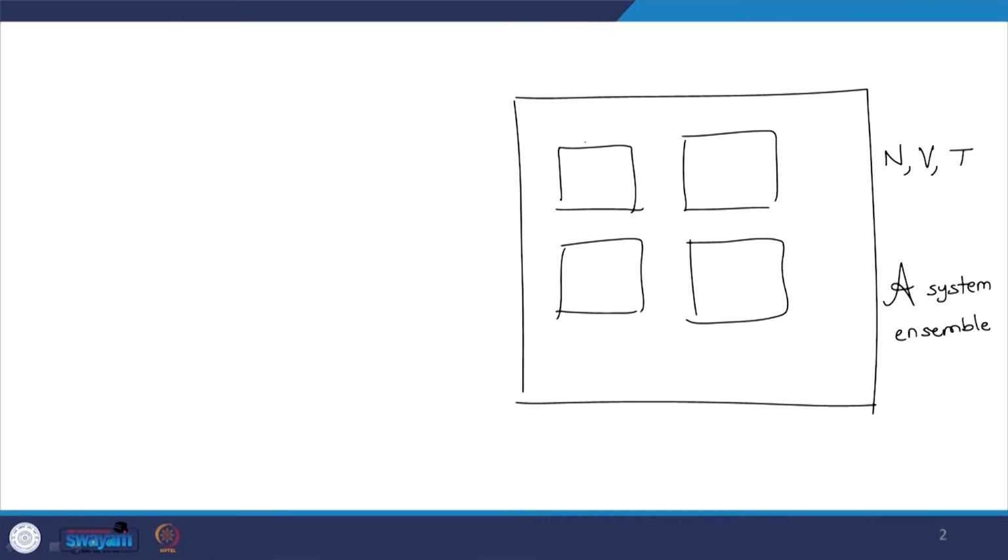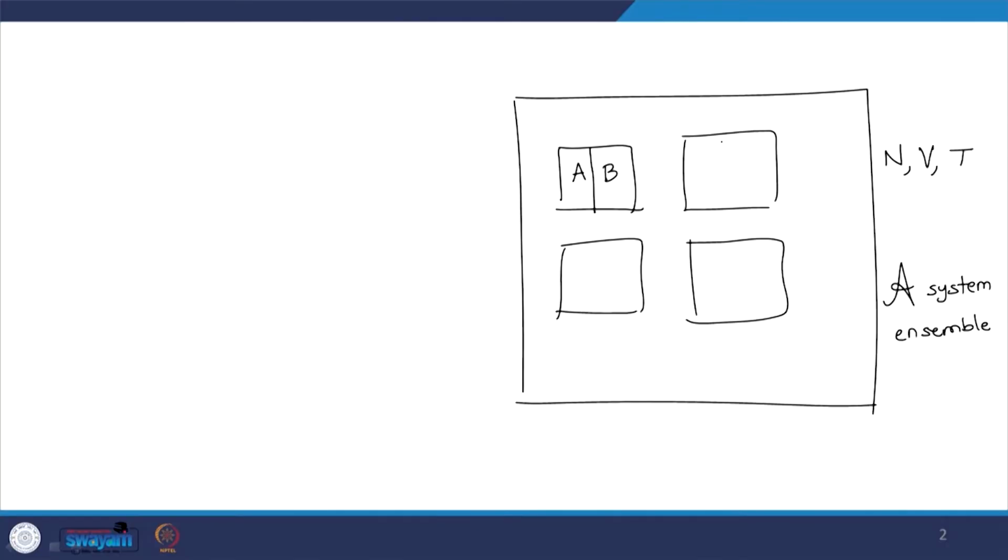That is to say that inside the ensemble you have systems A and B which are in close contact. By close contact I mean they can exchange energy, but they cannot exchange molecules between them. So, they are in a state of thermal equilibrium, so to speak. They can exchange energies and can have the same temperature eventually once they reach equilibrium, but the number of molecules in A and the number of molecules in B are constant for the ensemble. So, if I assume that,